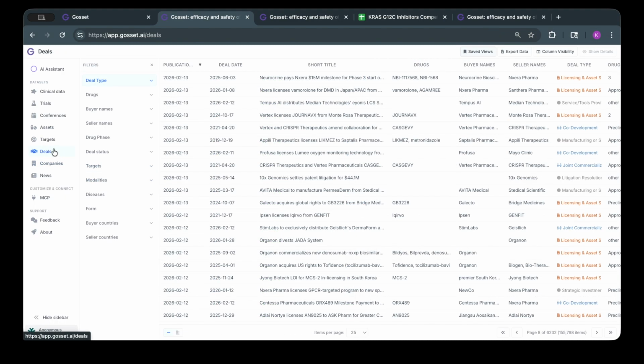Our deals database covers every deal in the life sciences industry. We scan through every press release and every SEC filing to find any mention of any deal. And then we conduct extra research to pull in more information about that deal from other sources. This allows us to get high-level information about the parties that are involved in the deal, what type of deal it's describing, any drugs that are central to the deal,